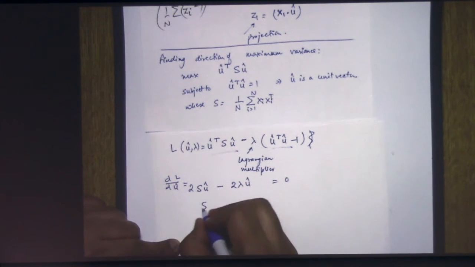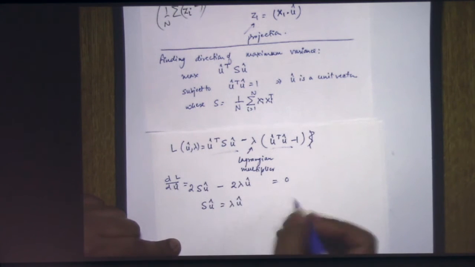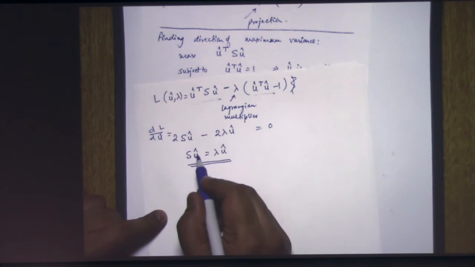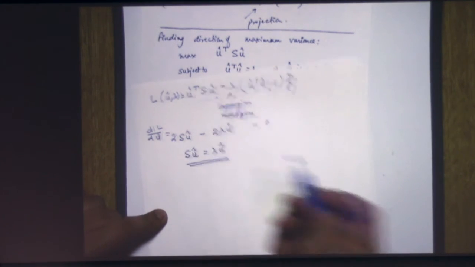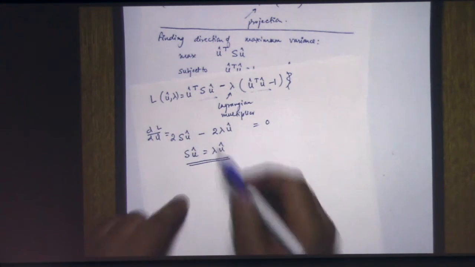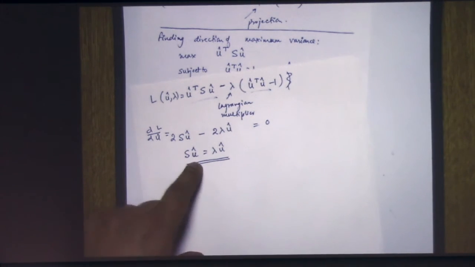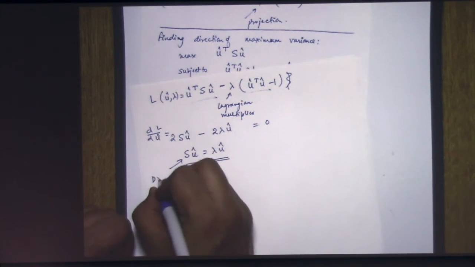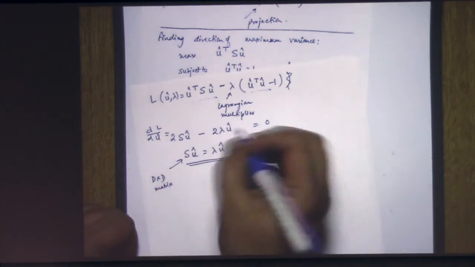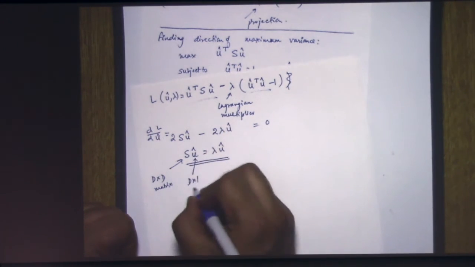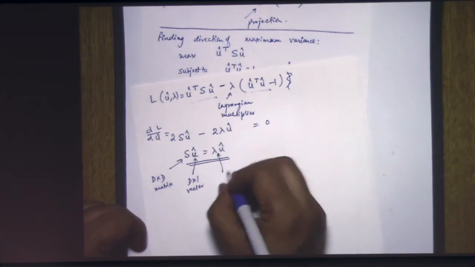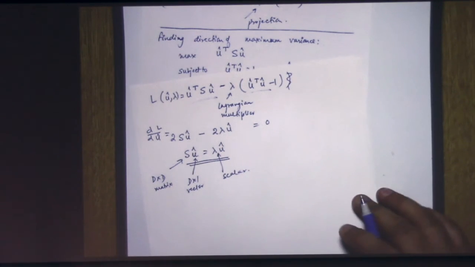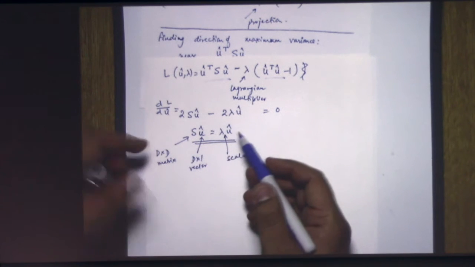So when you set it to 0, we get this. The right answer, the direction U, will be the one that maximizes this, or the one that satisfies this, right? Now if you start looking at this, S is a D cross D matrix. This is a covariance matrix, and U of course is a D cross 1 vector, and lambda is a scalar. So if you go back to your linear algebra class, you know where I'm getting at, right? So the solution for this would be